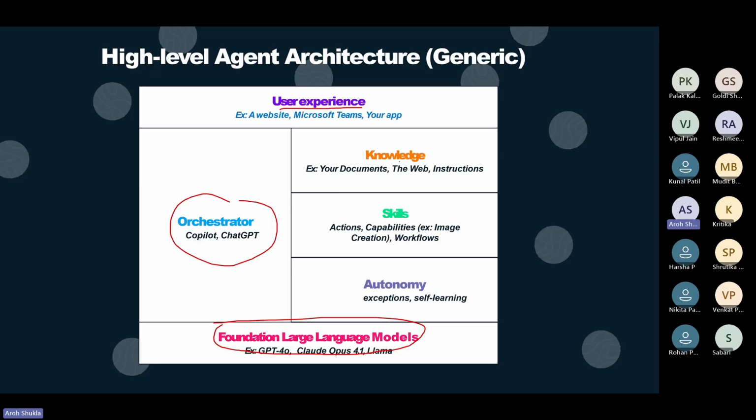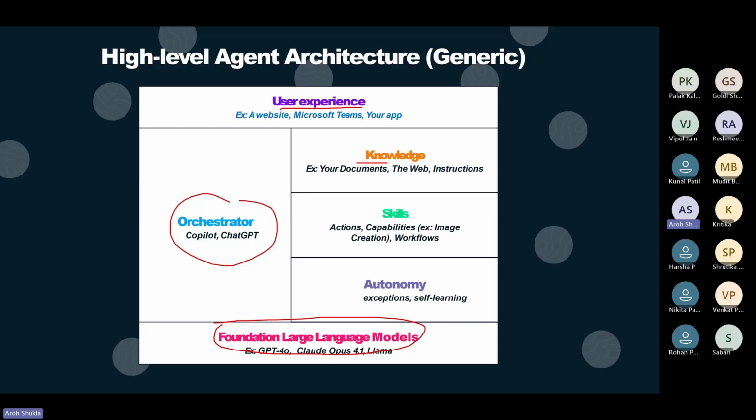The fourth thing is your knowledge. Think of knowledge as what your agent draws on to answer questions. Example, I have some HR documents which I surface to users in an organization. Think about a company. Those are my knowledge, that is what I know. It could be a web source, could be any instructions which I can store inside. That is something which we can work on.